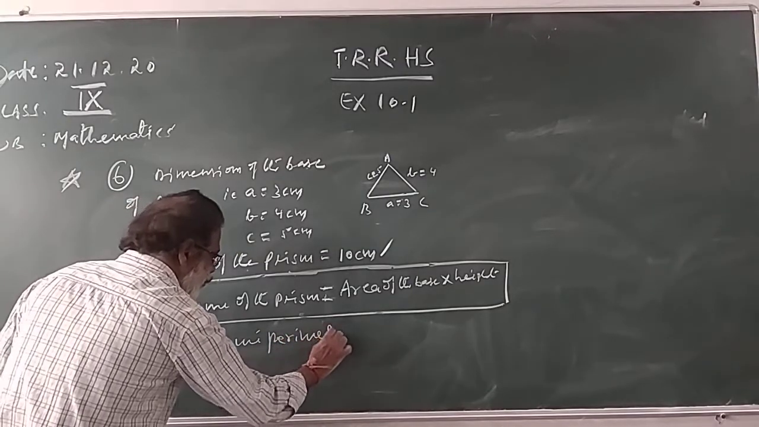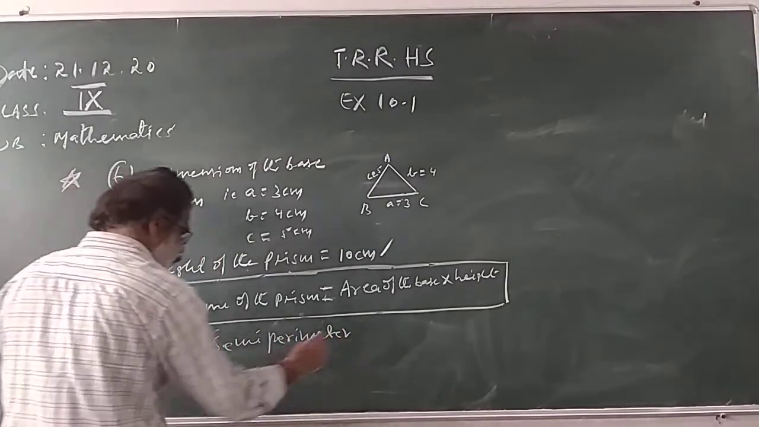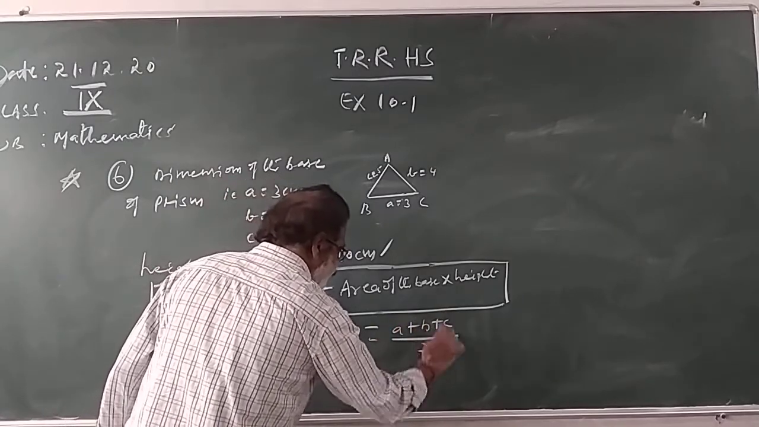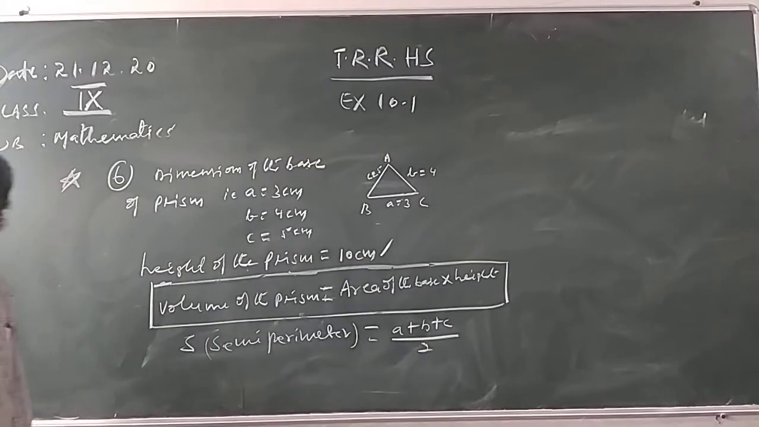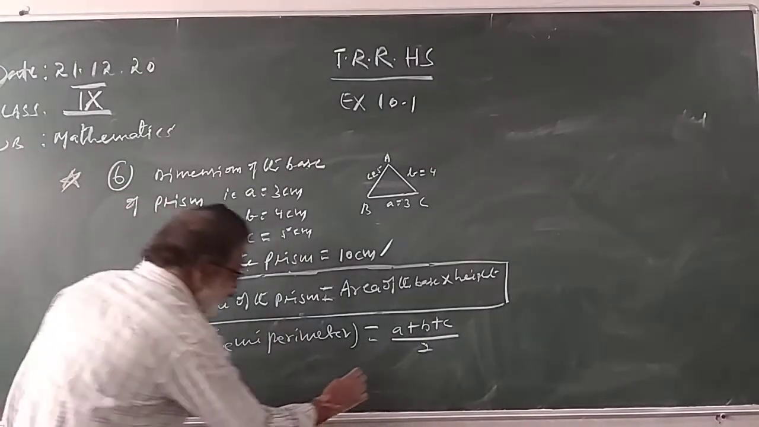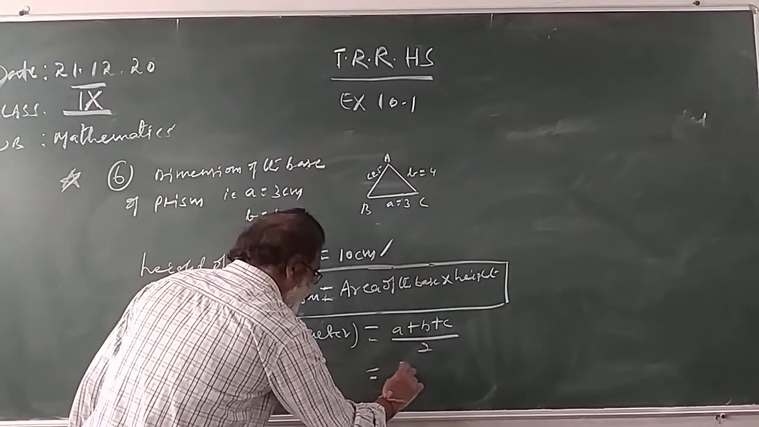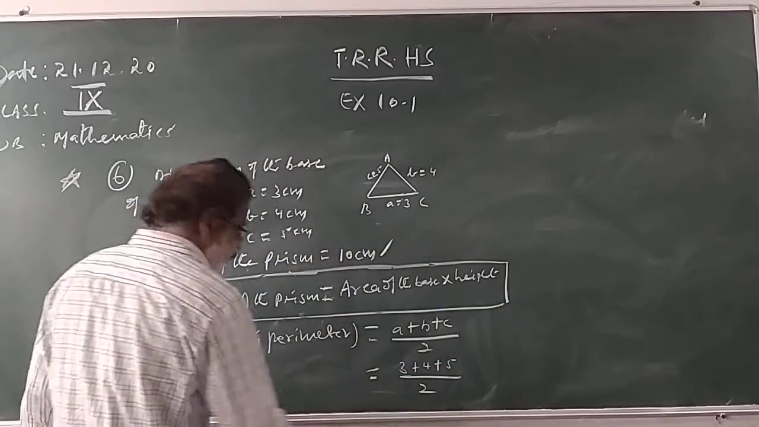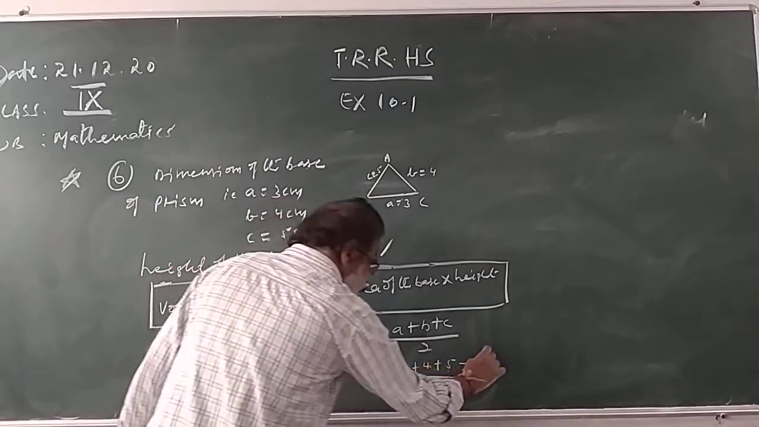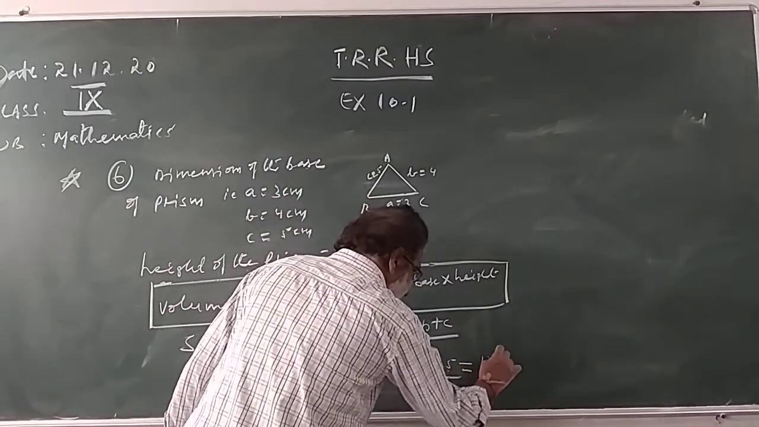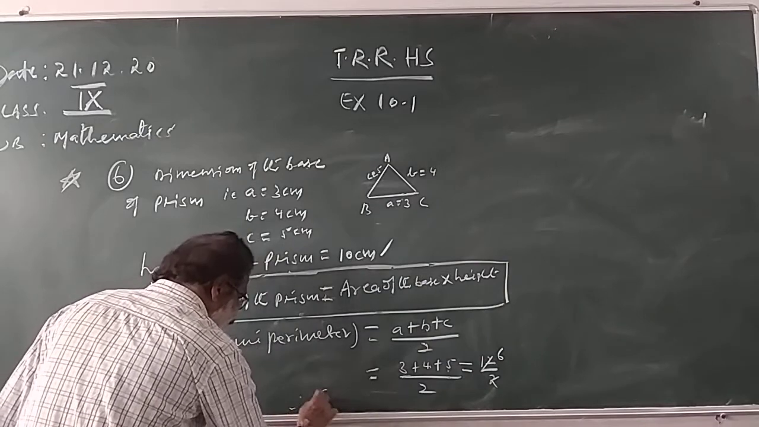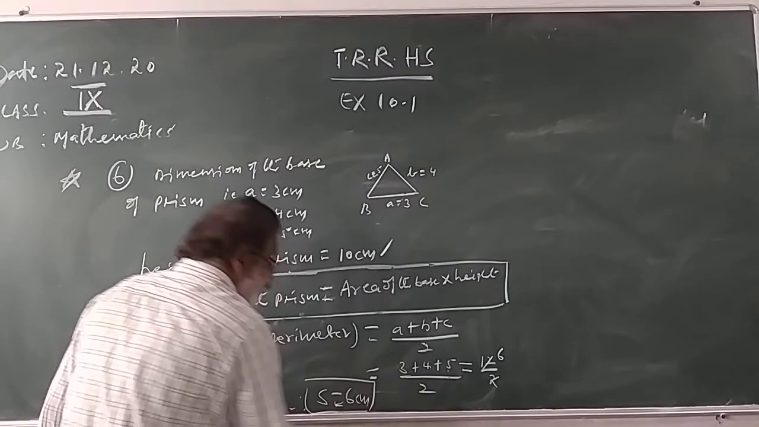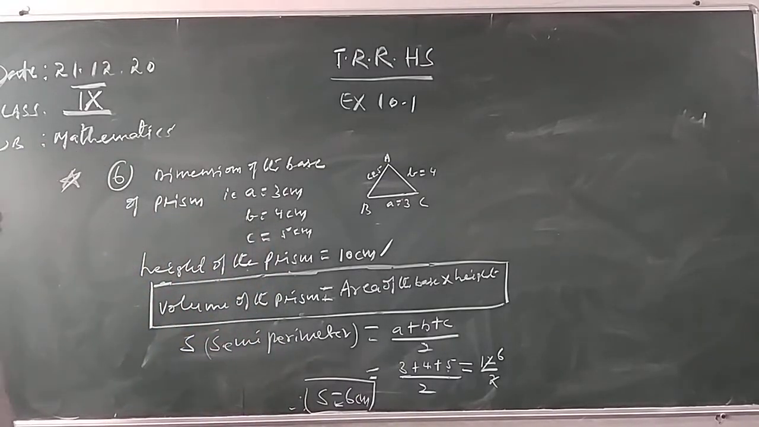Semi-perimeter is equal to a plus b plus c by 2. The semi-perimeter of the triangle is the sum of the three sides by 2. What is a? 3, b 4, c 5. So, 3 plus 4 plus 5 by 2. 3 plus 4 is 7, 7 plus 5 is 12, 12 by 2 is 6. Therefore, s is equal to 6 centimeters. We got s, right. Okay. Now,